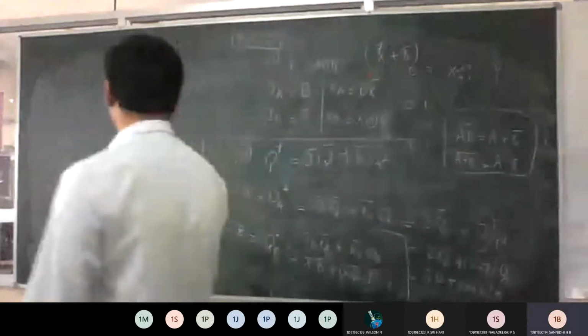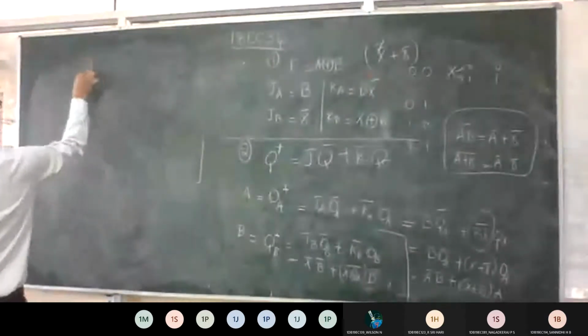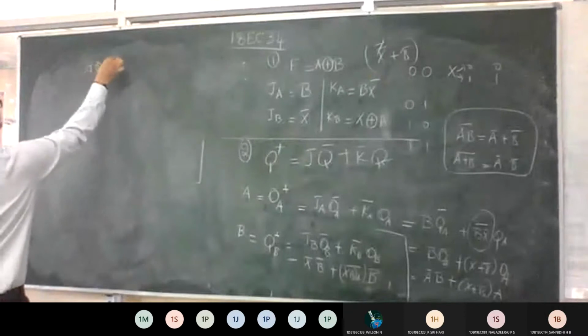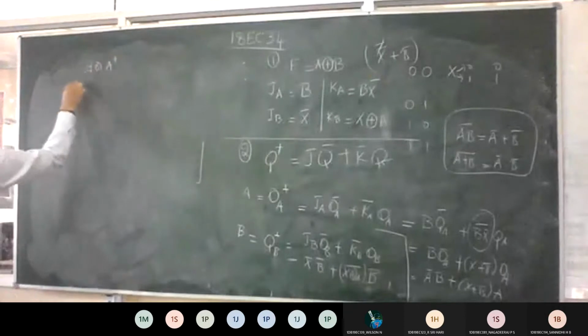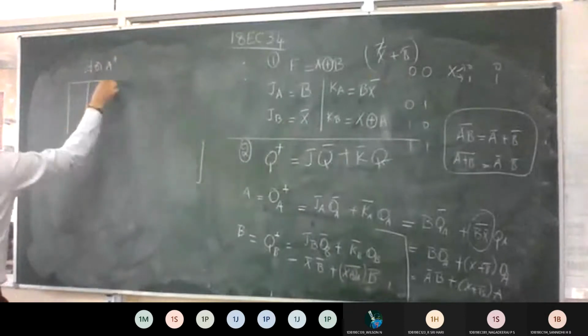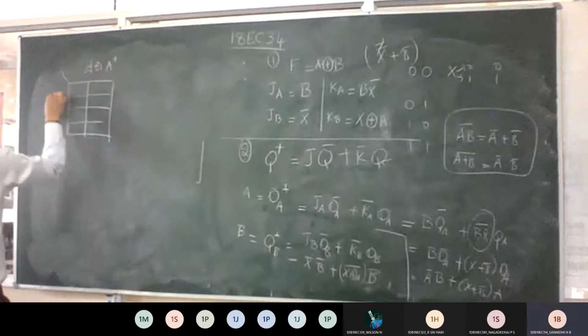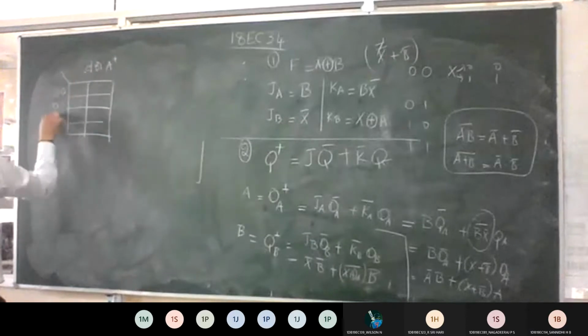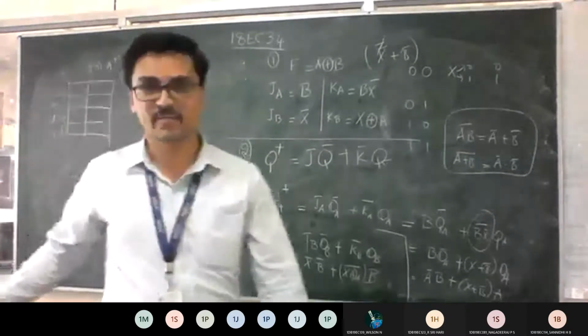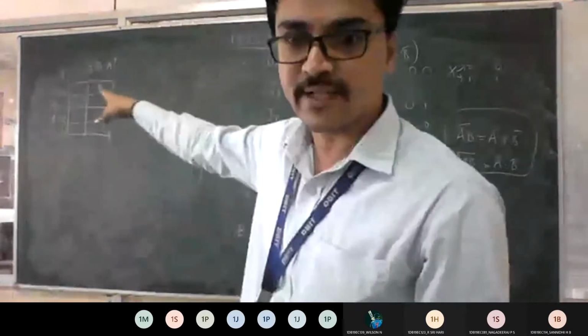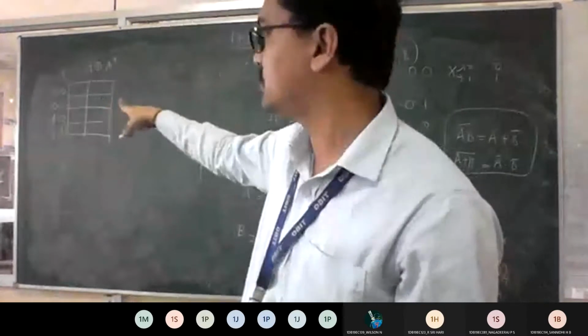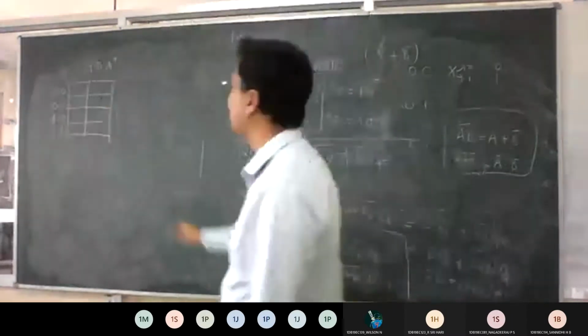So you should tell me now, from that expression, for A plus. See the table I'm writing, not a K-map. It's a next state table. 0, 0, 0, 1, 1, 0, 1, 1. See, I told you it's not a K-map, so don't write 0, 1, 3, 2. It should be in order: 0, 1, 2, 3.